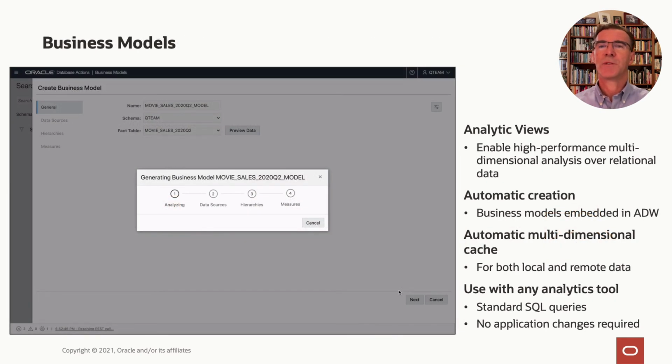We've made it simple to build sophisticated models on your data by identifying dimensions, hierarchies and measures with a nice clean way of saying how to aggregate, sum, average or whatever. Here's a screenshot of the business model tool in Autonomous Database. We start by saying that we want to build a business model on top of the table we've just created,